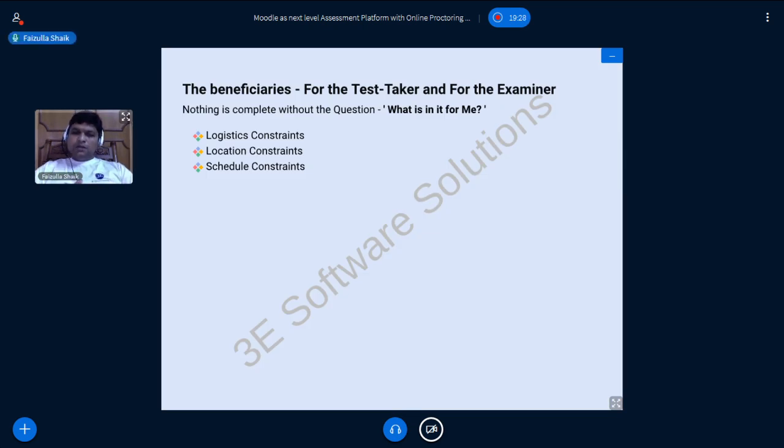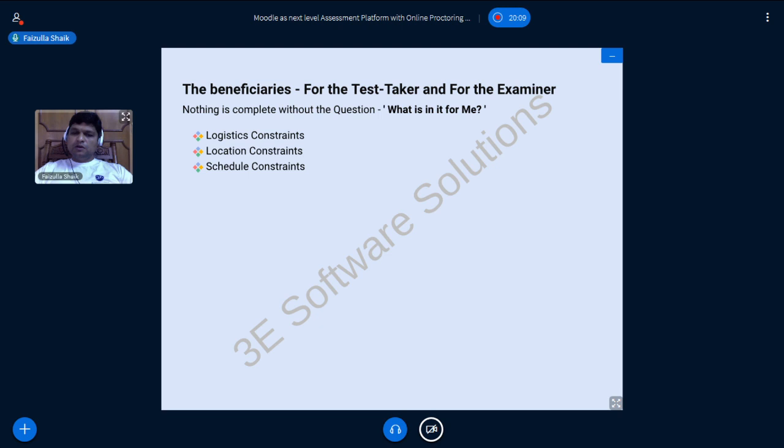Okay, so before we end the presentation, let's talk about who the beneficiaries are. Any solution that we talk about, we have to think of who the stakeholders are and how the solution is going to benefit them. So obviously here the stakeholders are the learners, and on the other side, the online university or any such bodies who are taking the exams or the certifications. So what's in it for the learner, and what's in it for an online university? Let's just assume it is being used by an online university.